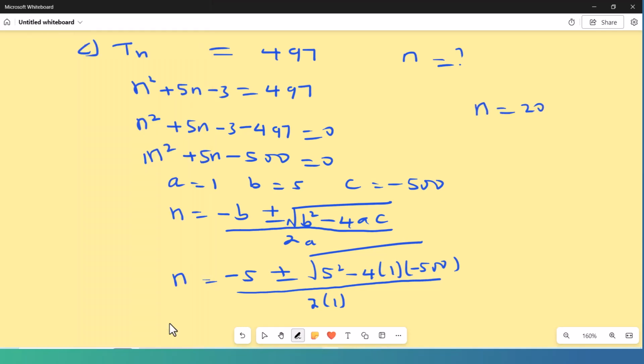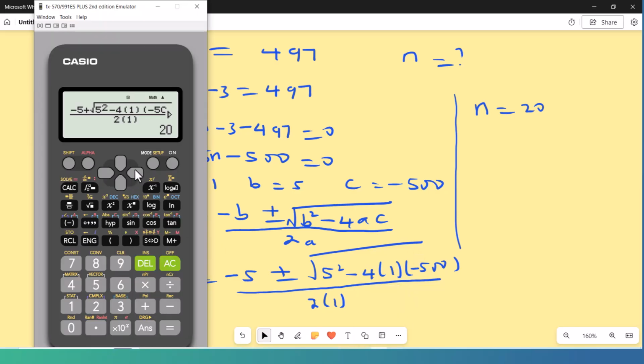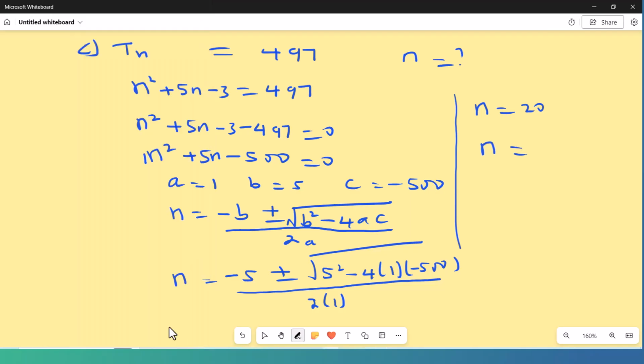What about when we use a negative value? Let's check it now with the minus. It gives us negative 25. So now we have negative 25 here, but we know that our n cannot be negative, because it must be what? A natural number. So in this particular case, our T20, therefore,